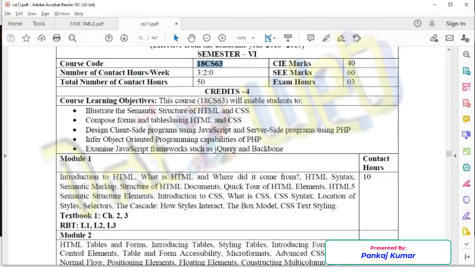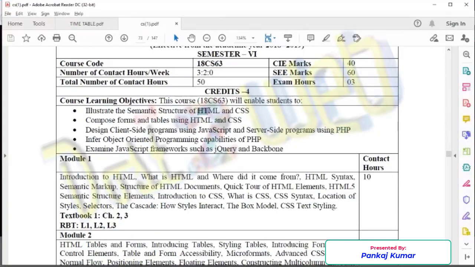We'll come to the point of what HTML is, what CSS is. Then we will be learning about what client-side programming is and how you can use JavaScript. Then we will be learning about server-side programming, that is PHP, which stands for Personal Home Page.